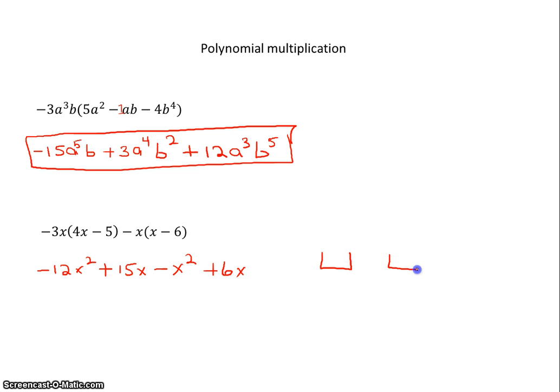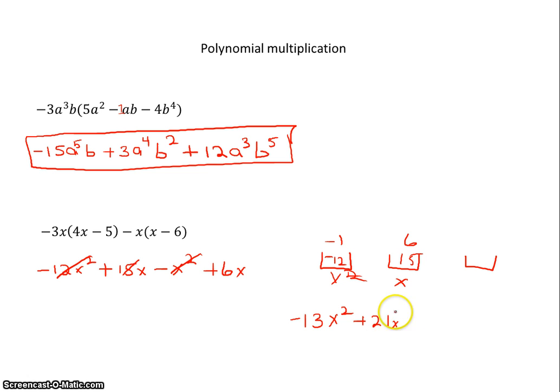Go ahead and do my buckets. I have x squared, and I have x, and I put one too many because I thought I ended up with one without an x. Okay. So I have a negative 12x squared. I have a negative 1. I have a 15. And I have a 6. So I have negative 13x squared plus